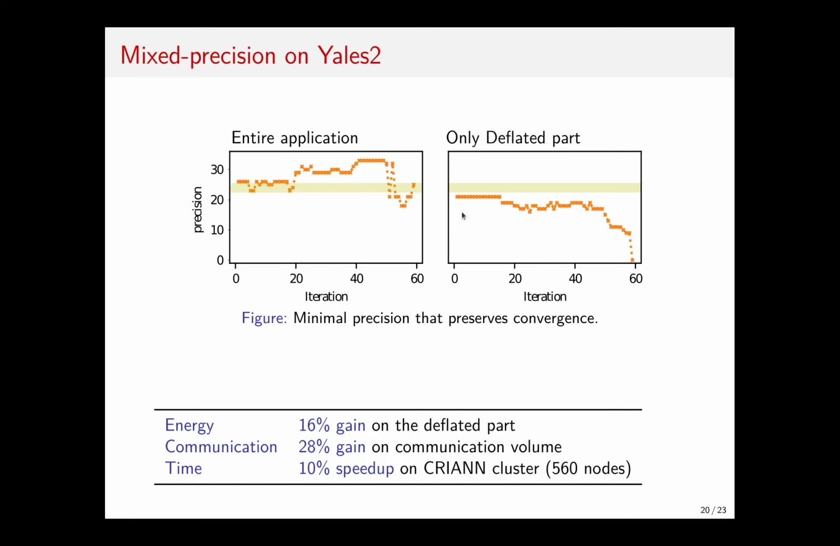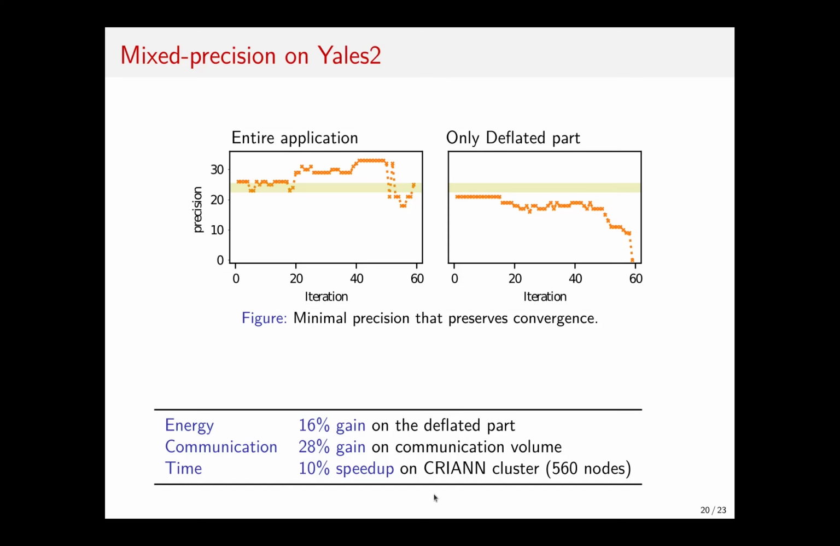But then we have this idea, maybe we can use the lower precision only on the deflated grid, because there we don't require as much precision, since we have later the refined grid stage. So we did the experiment, and indeed we can see that on the deflated grid, the required precision is always under 24 bits. So we can rewrite the deflated solver using single data types, and we get gains in energy, gains in communication,